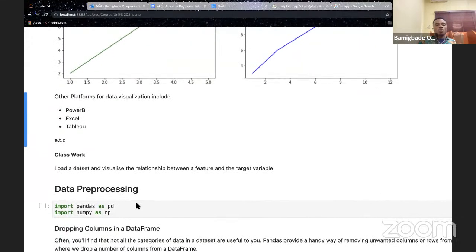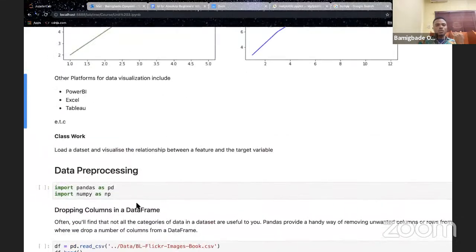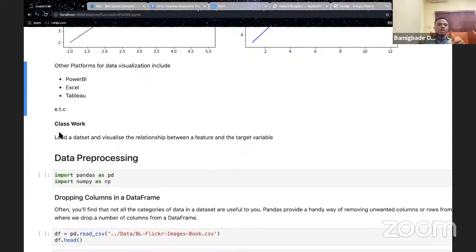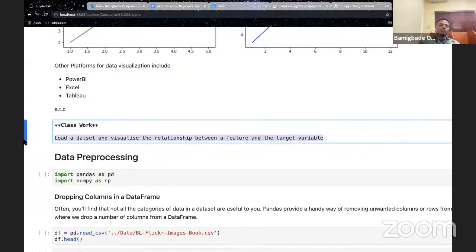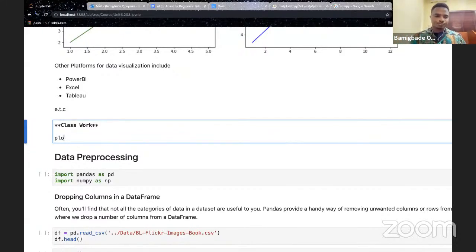Now, this classwork will be different. It's just a simple classwork before we start doing data pre-processing. Load a data set and visualize the relationship between the features and the targets. Now, we will change this classwork to a simple one. Our classwork will now be plot,